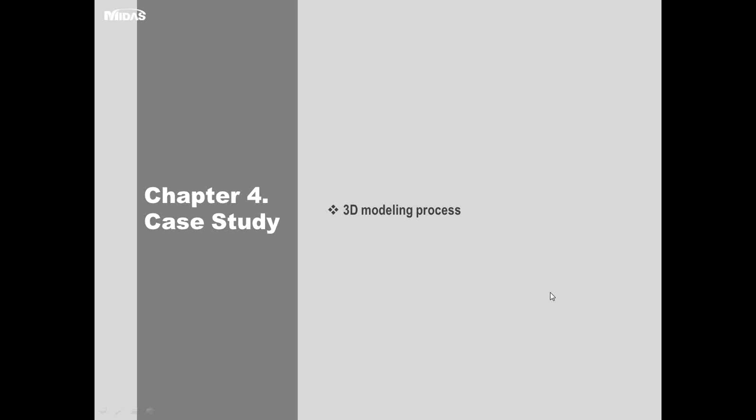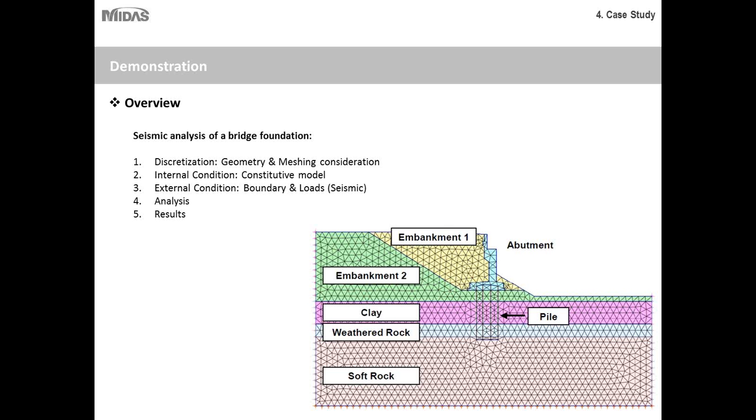So now we'll move into the final part of this session, which is the case study, and here we'll be talking about the modeling process. So you can see that this is a 2D model of a bridge embankment, and we have different types of soil strata here, and we have the embankment with the pile members. This is the abutment, embankment 1, embankment 2, then clay layer, weathered rock, soft rock,